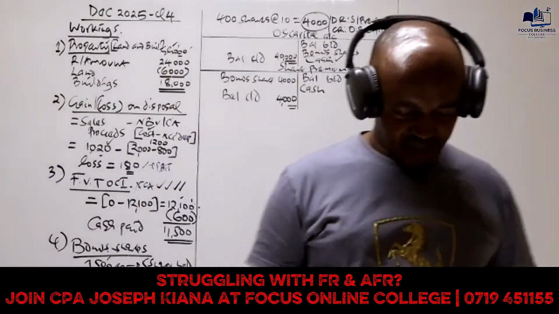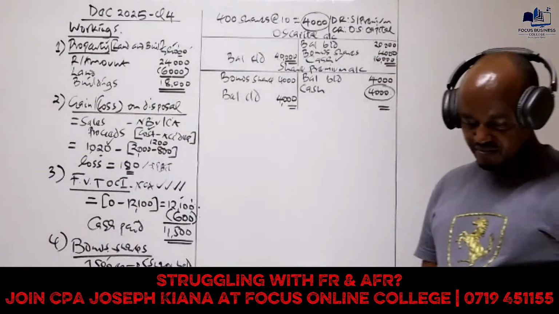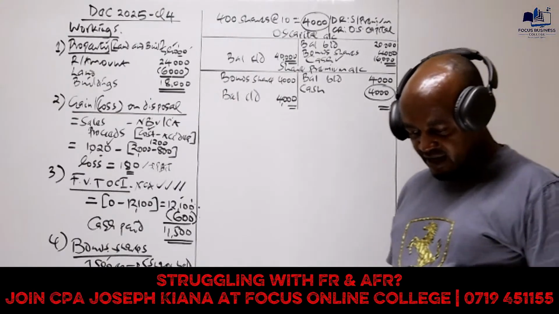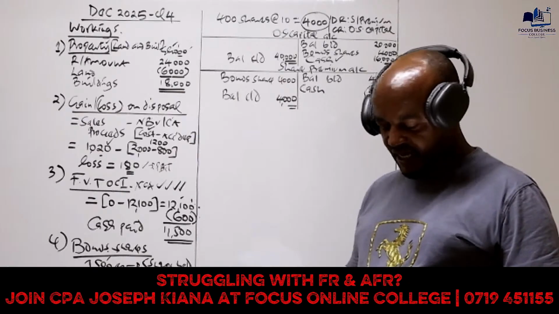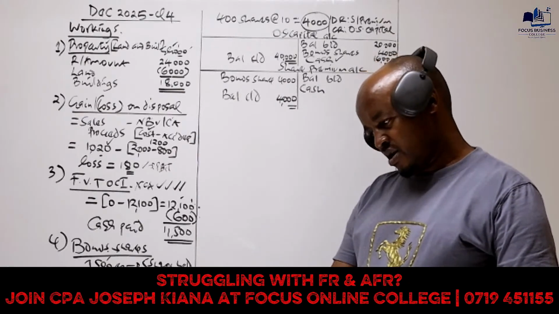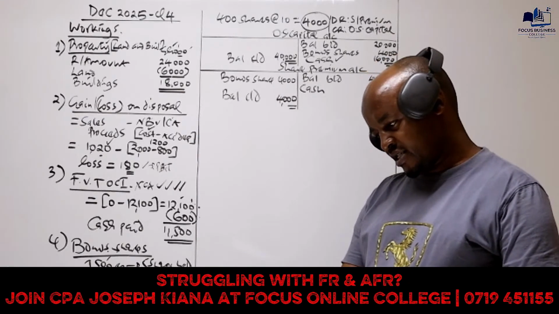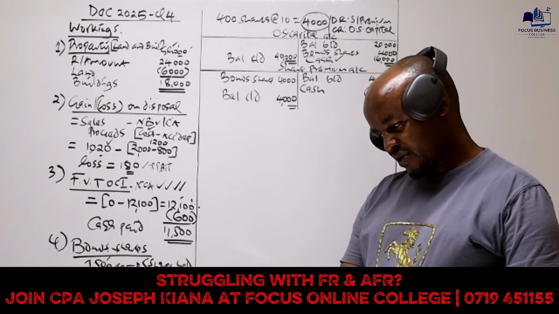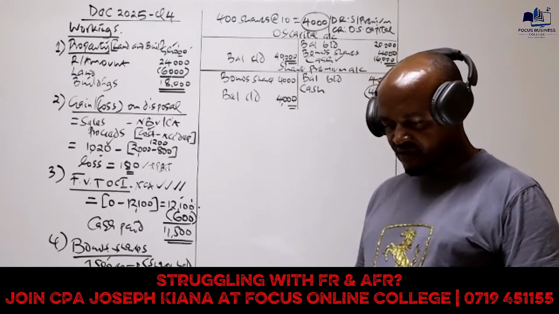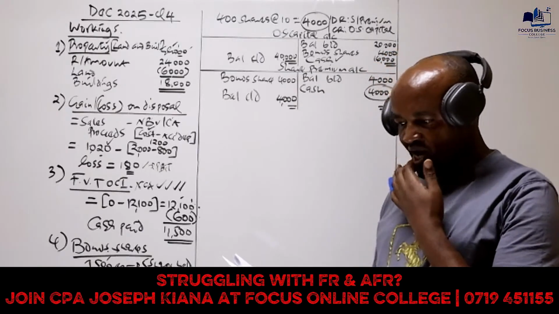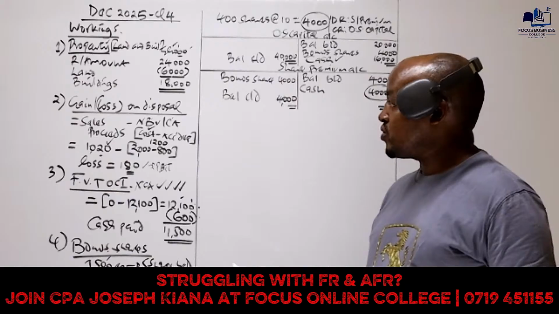So I think we are done with point number 5. And then point number 6, we are told all the sales and purchases were basically made on credit. Okay, so I don't know how that is supposed to help us, but I don't think we have any working for that. Now, what I want us to do is go back basically to point number 1,